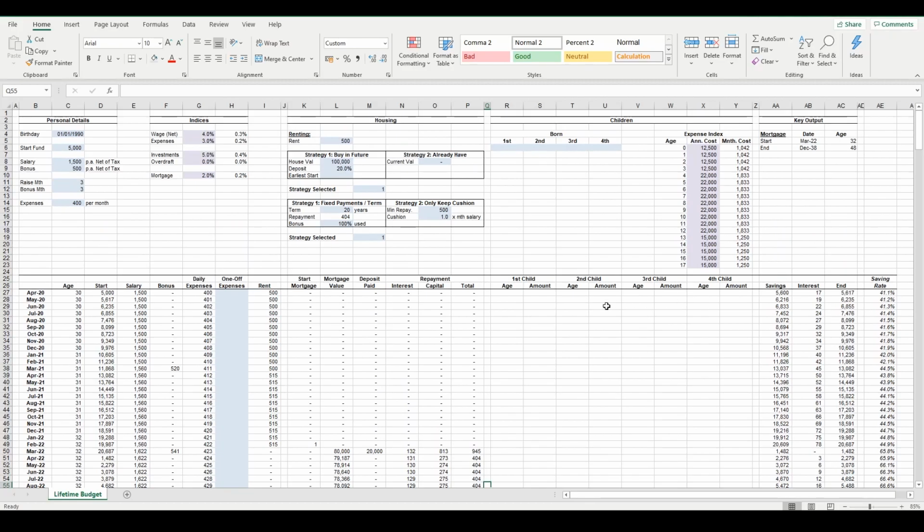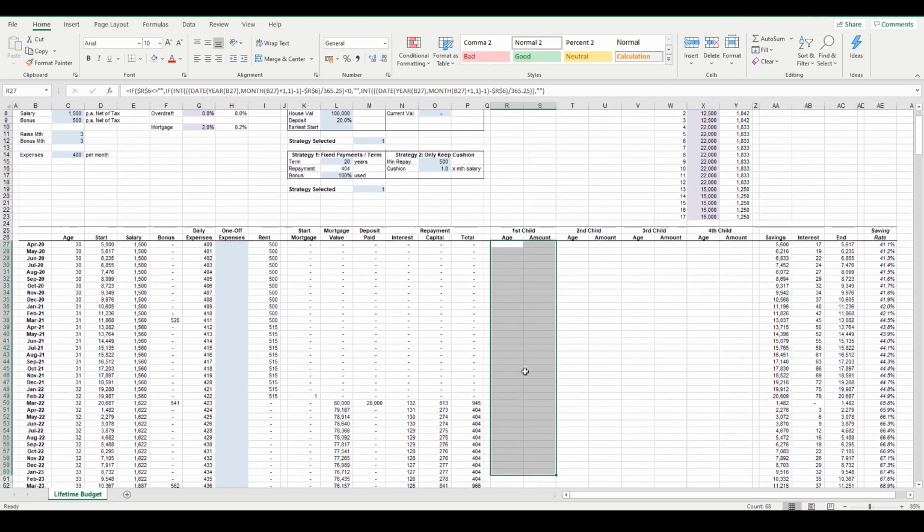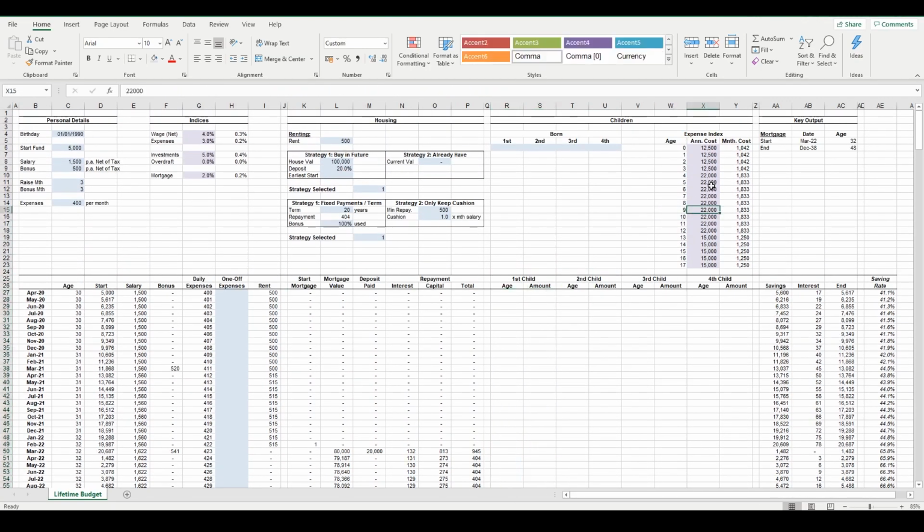And ultimately, I'll quickly touch on the children. If you want to add in a child, just add in when they're going to be born going forward. Or you could add them in the past and you'll only see the amounts going forward for their current age. Say they're 8 now, you'll just see 8, 9, 10, etc. with the corresponding costs,